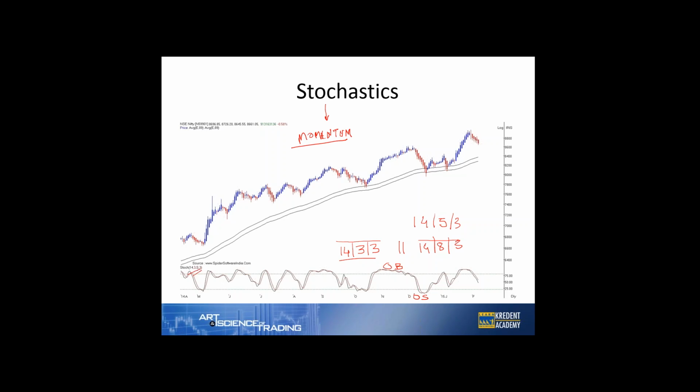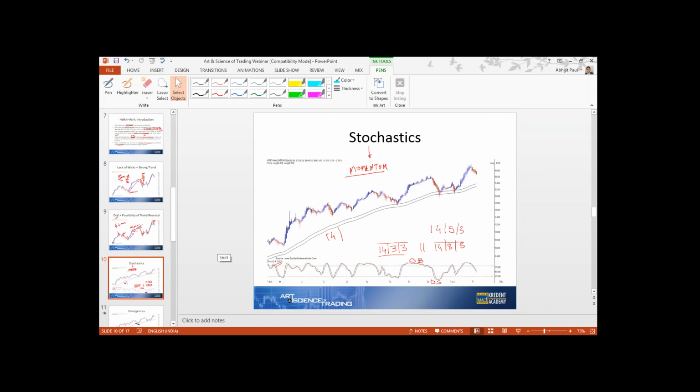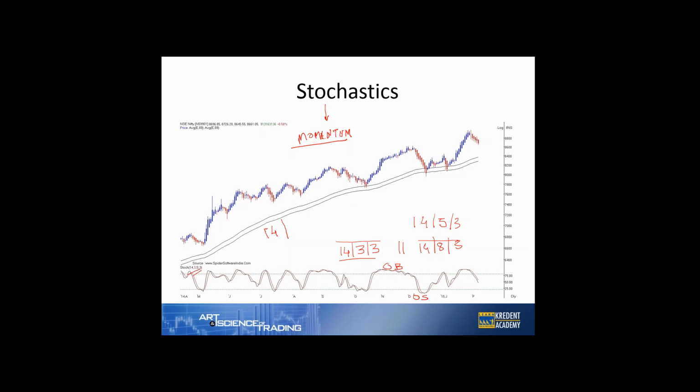By 14-3-3, I mean when you plot the stochastic indicator in any of the software, it will ask for days to select. So 14 bars, it takes a range of 14 bars and does a calculation. It comes up with a part called percentage K. It calculates and finds out a concept called percentage K, then it takes an average of that over a 3 period, then it does the same thing on a 3 period. We'll be doing very detailed calculation and understanding of such momentum indicators in our entire course.